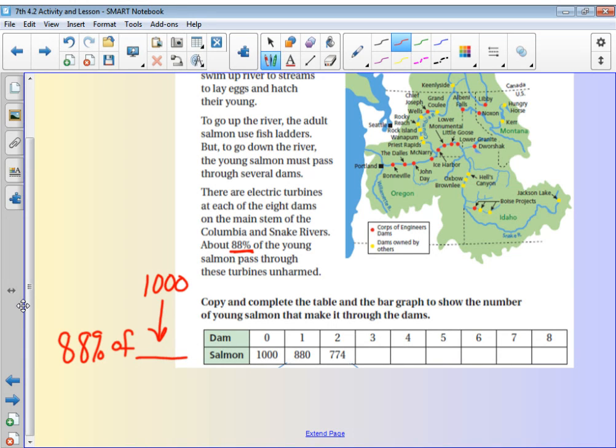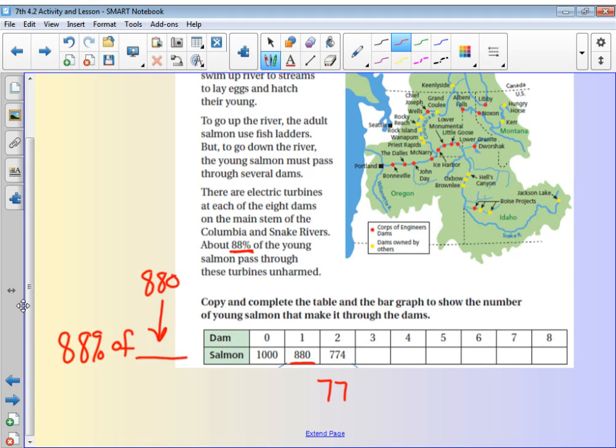Okay, so 0.88, remember we have to change our percentage to its decimal form, times 1,000, because of means times, gives us the 880 that I have here on the table. Okay, so now we're going to punch in 880, and we just keep changing the amount of salmon that survived. So now this will be 880 times 0.88 gives us